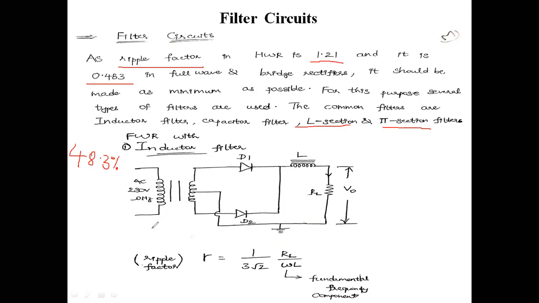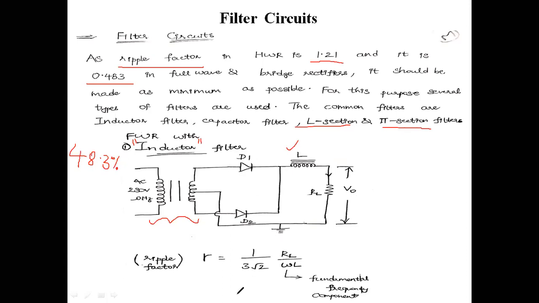In this, this is the center tapped type of transformer. Two diodes are used, and across the diodes one inductor is used here. Accompanying this inductor, the load resistance is also attached with respect to the center tapped transformer. Across the center tapped load, one inductor is connected here, that is L. From the load resistance RL, we are going to take out the output here. This is the circuit diagram for a full wave rectifier with an inductor type of filter. In this way you are supposed to draw it.